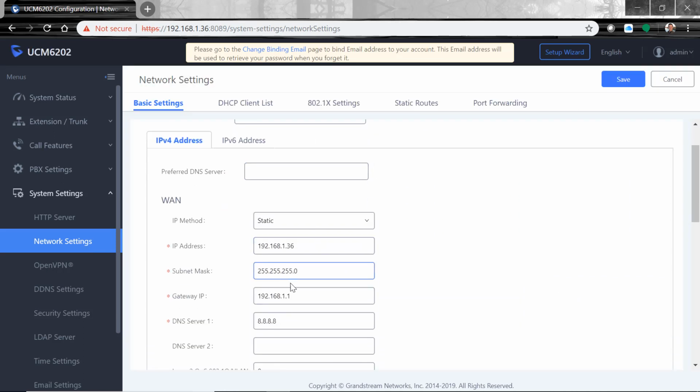and this is where you're going to set your static IP. So if you have a specific IP address that the IT department has reserved for you, you make sure that this is static for the IP method. That means it's not going to change. If you select DHCP, there's always that possibility that the lease for that IP address is going to expire and it's going to change on you. You don't want that to happen. So static, throw in the IP address, the subnet mask, your default gateway, and your DNS server. That's it. Once you throw that info in there, you can click Save,